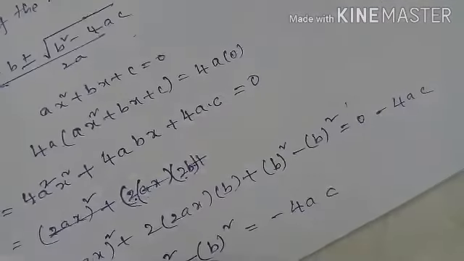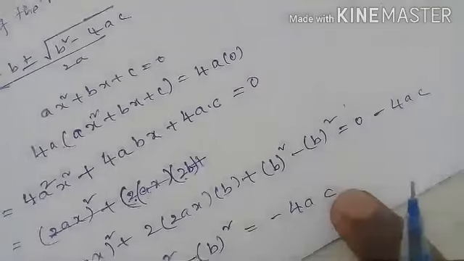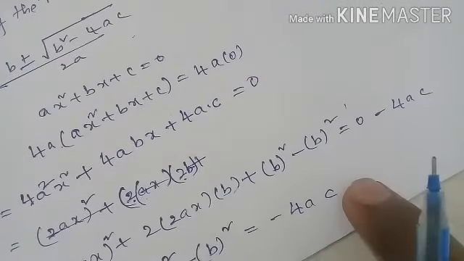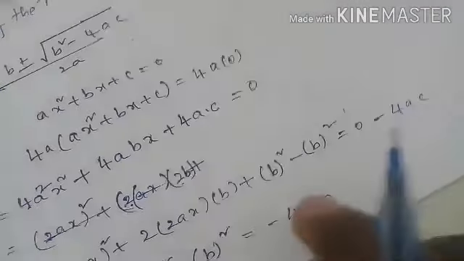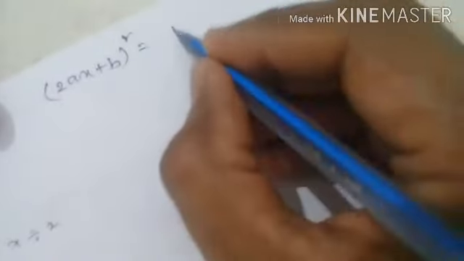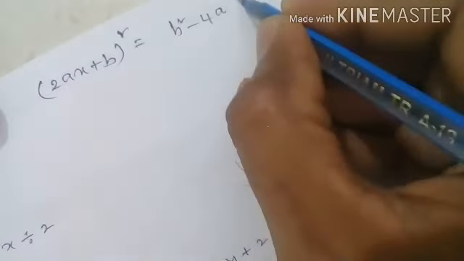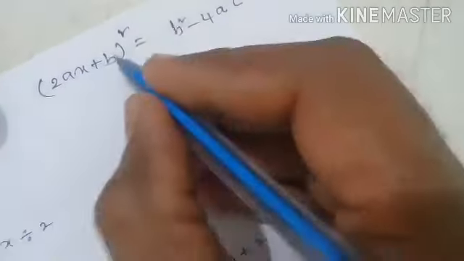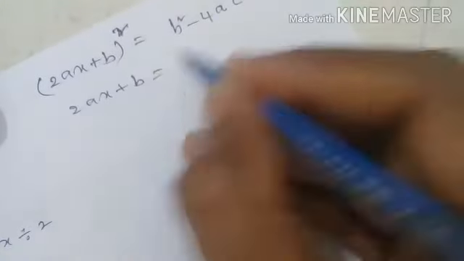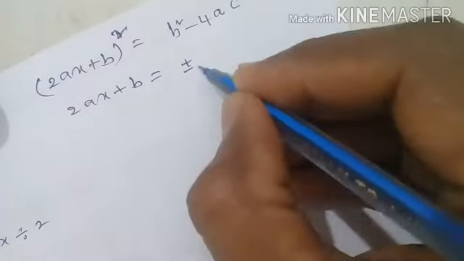Then we write the remaining term: 2ax plus b whole square is equal to this minus b square, it comes to the right side, then it becomes plus b whole square. So b square minus 4ac. Now we can write 2ax plus b whole square is equal to b square minus 4ac. Now 2ax plus b whole square, here the square goes to the right side, 2ax plus b is equal to plus or minus root of